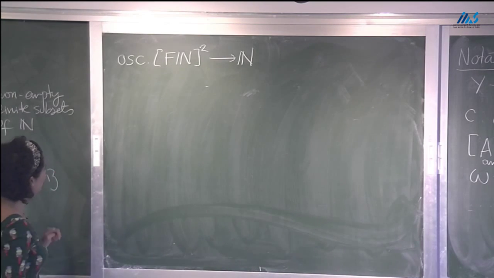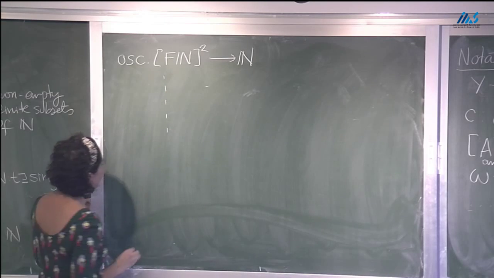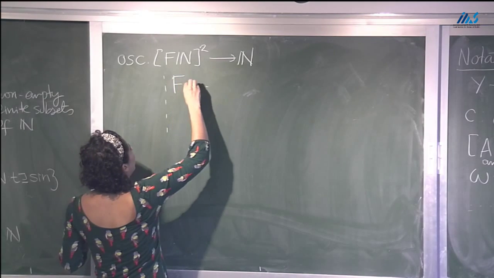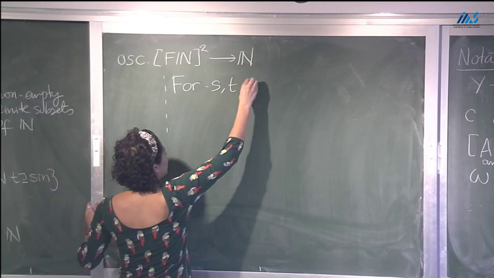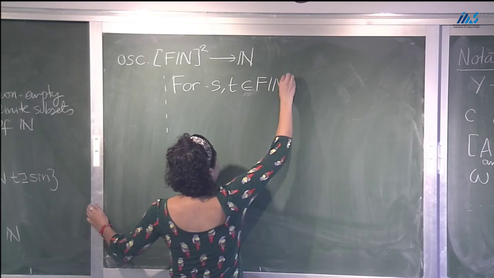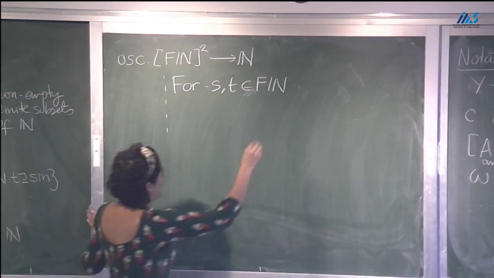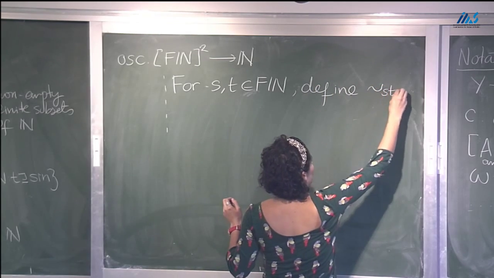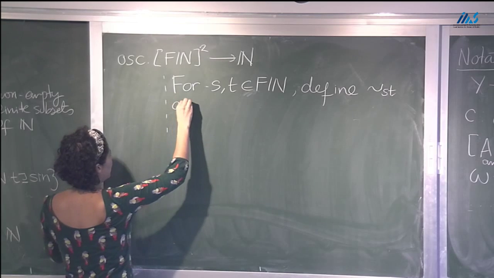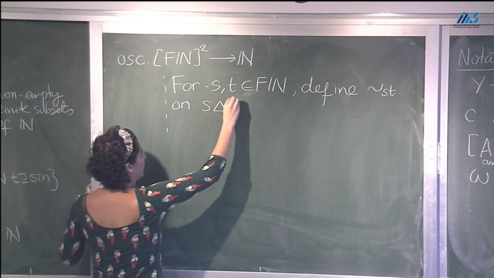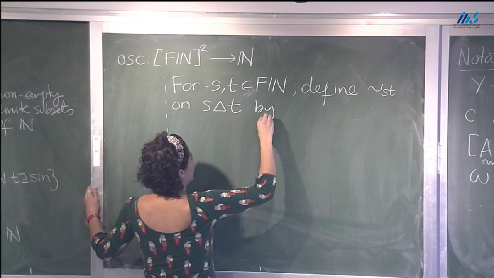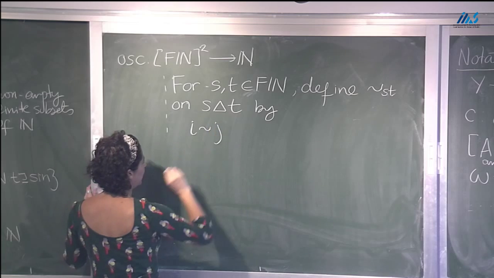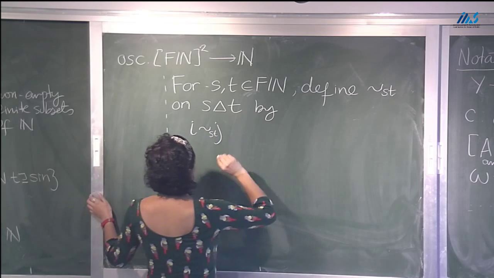So we want to define this oscillation map, but let me just make an auxiliary definition. Say we have two elements of Fin. I'm going to define an equivalence relation on the symmetric difference as follows. If I have I and j in the symmetric difference,